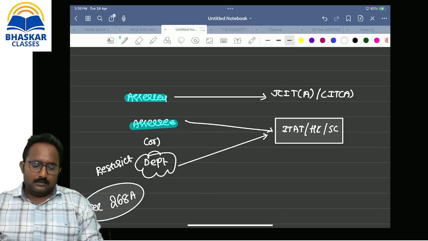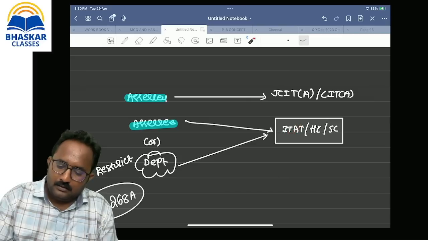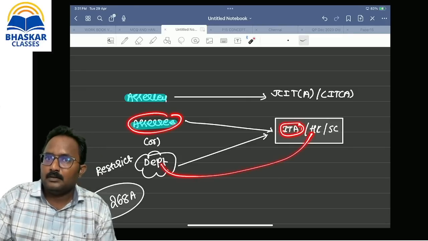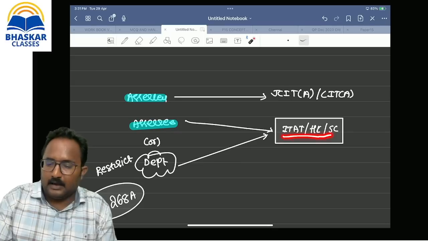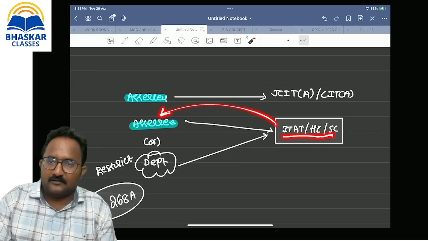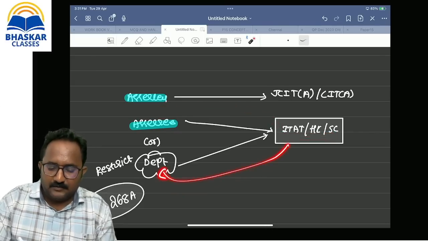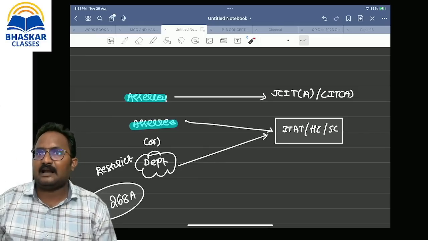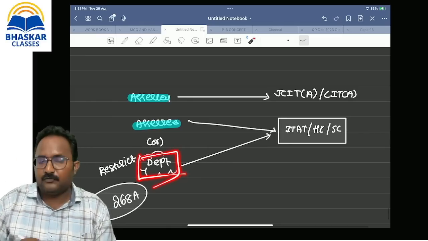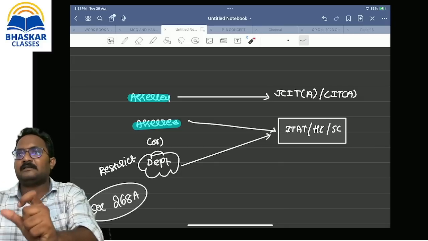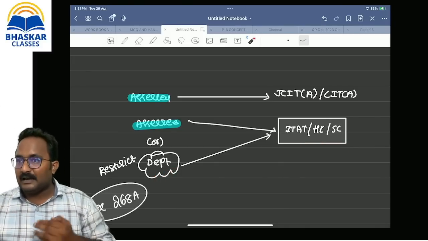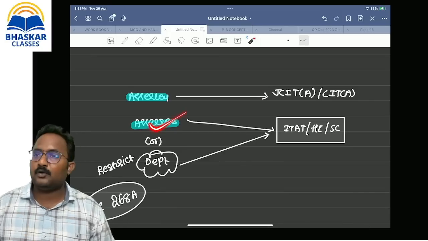Example, sir, here ITAT has given the order in favor of the SSC, na? The department always will go to the High Court. So definitely in this case, ITAT, High Court, Supreme Court, if the judgment is given in favor of the SSC, the department will go. If the judgment is given in favor of the department, the SSC will go. So the appeals are always increasing drastically. That's why we need to compromise from the side of whom? Department. For small cases, we are not giving the chance to make an appeal with these authorities by the department. We can regulate only the department. We can't regulate the SSC.